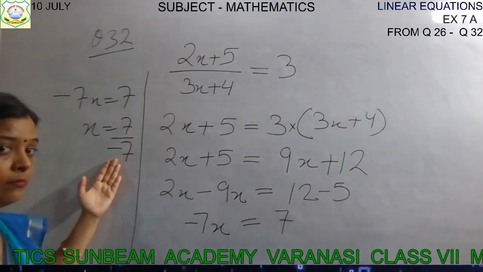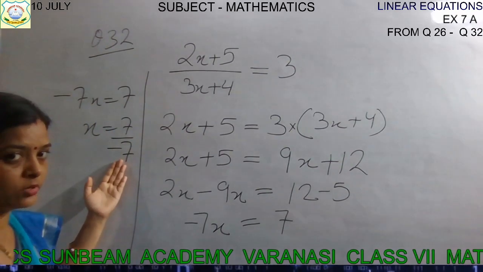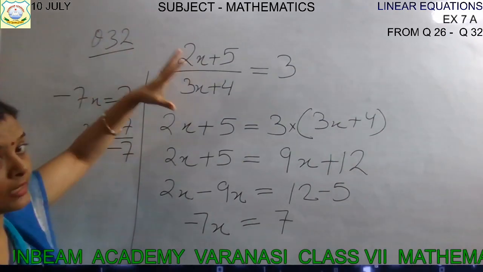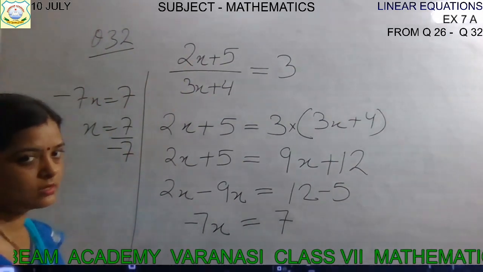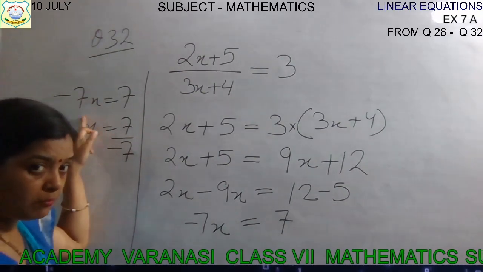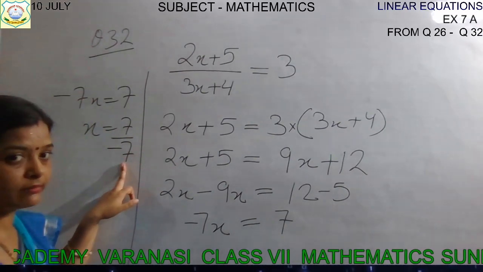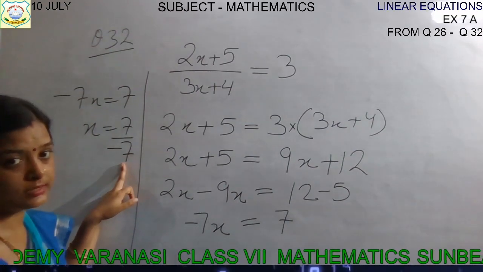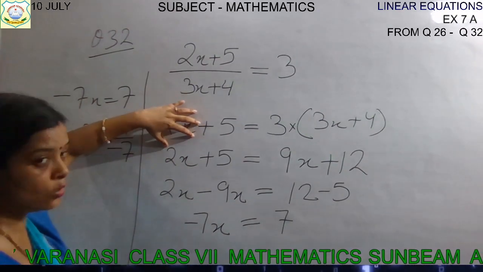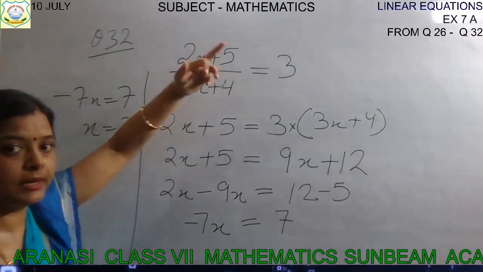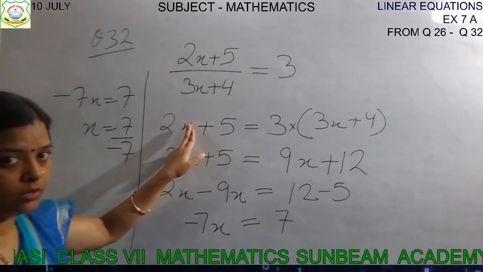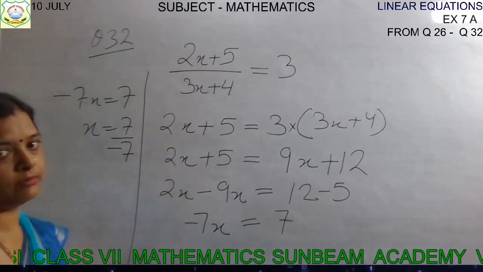Minus 7 will be minus 7 only, because we are not shifting the whole term. If you shift the whole term 7x to that side, then it will become plus 7x. But you are shifting a part of it, you are transposing a part of it. That's why minus 7 will remain minus 7 when it is transposed to the other side. Keep this difference clear in your mind. If you transpose the whole, then positive will become negative. But if you transpose only a part, not the whole, then the sign will not change.